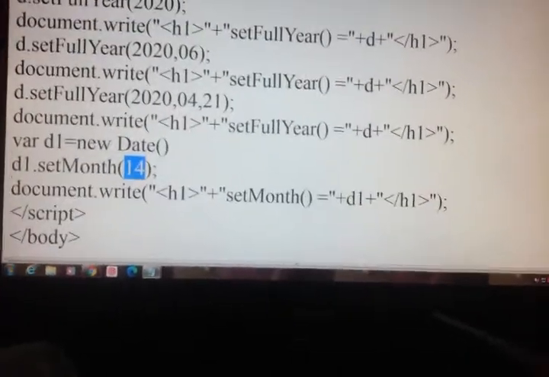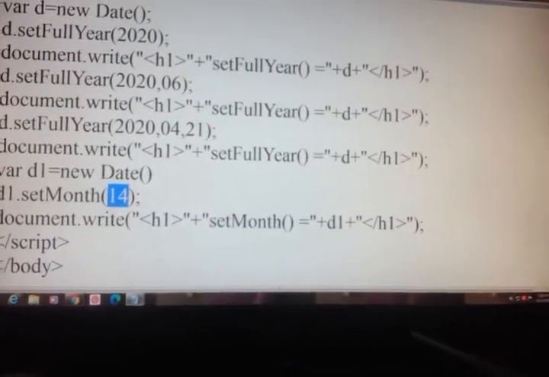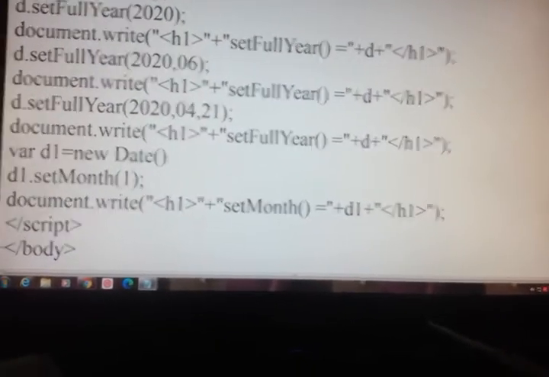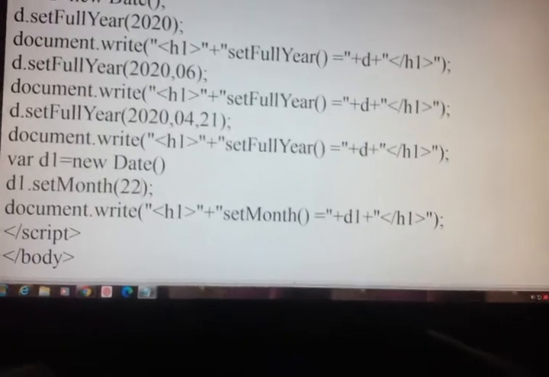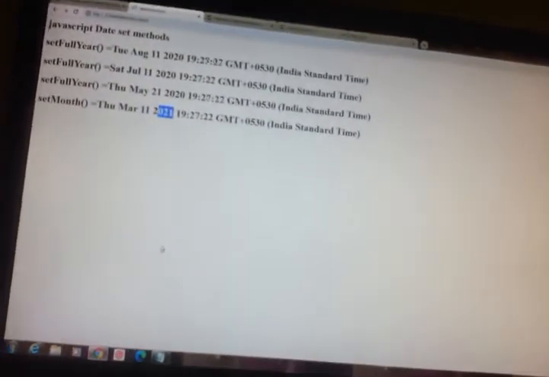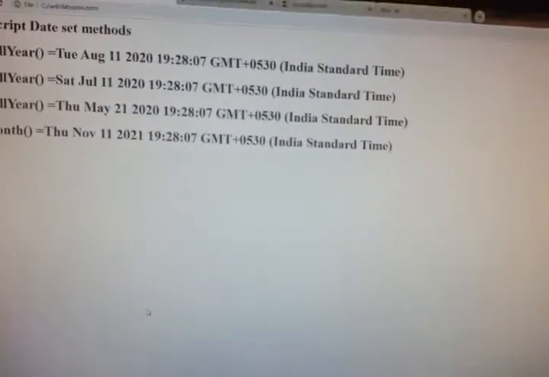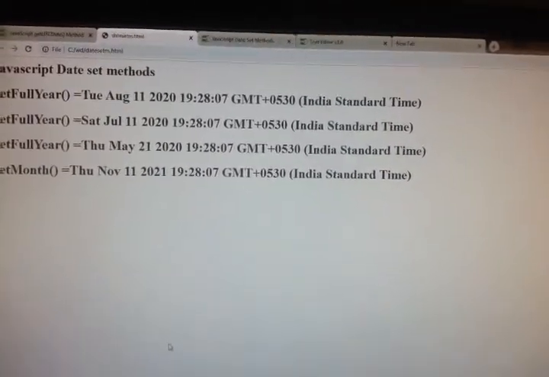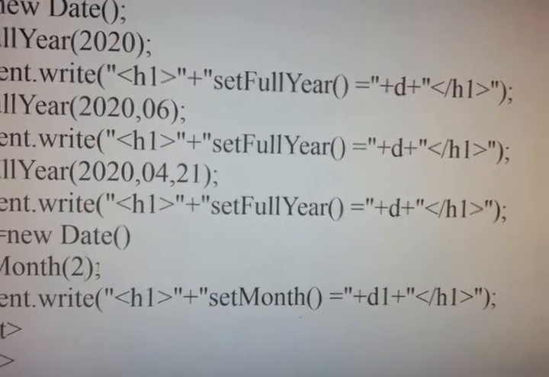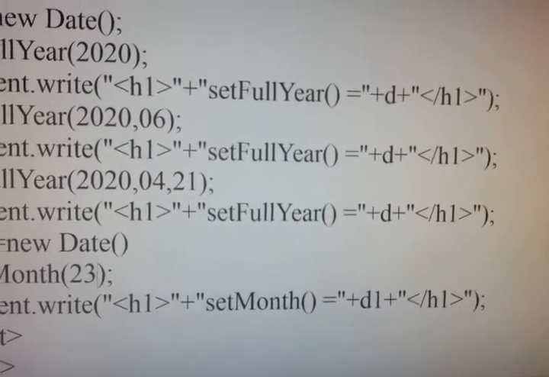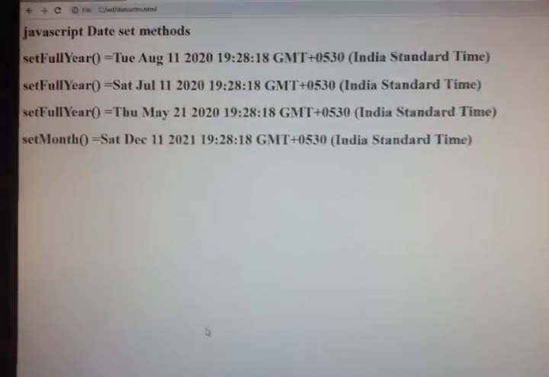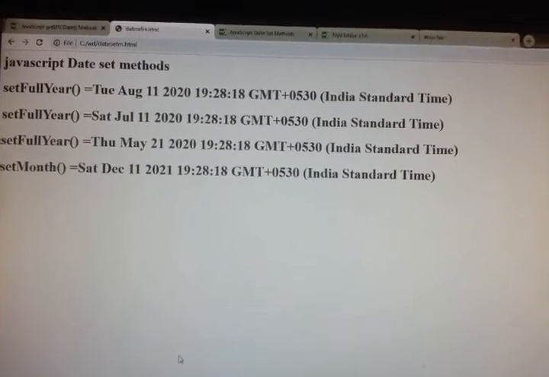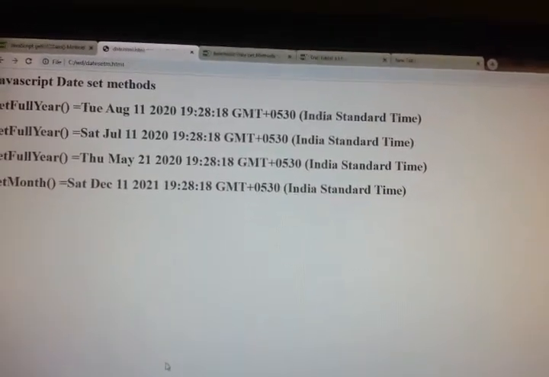So if I write here 22, I got November 2021. 23, I got December 11, 2021.